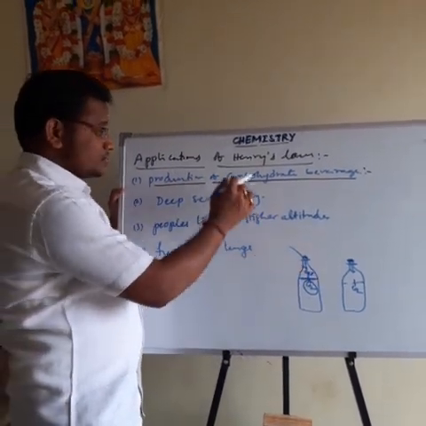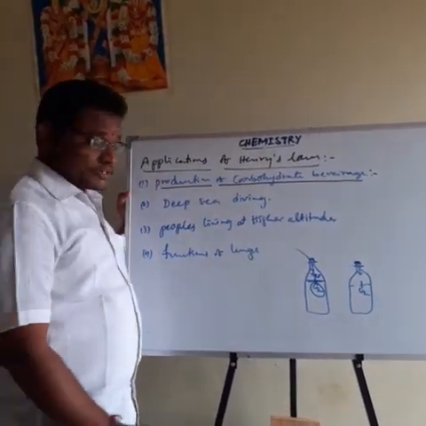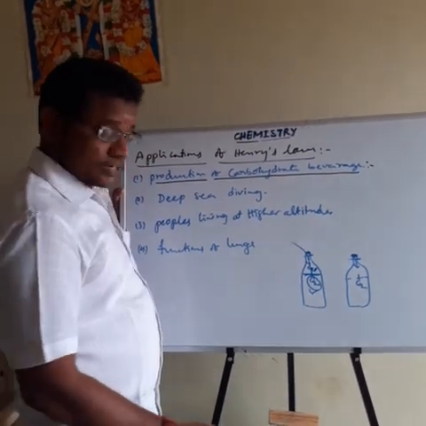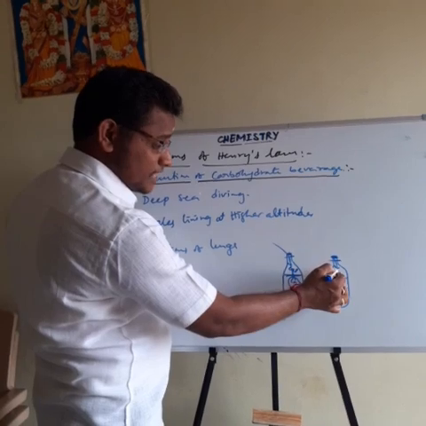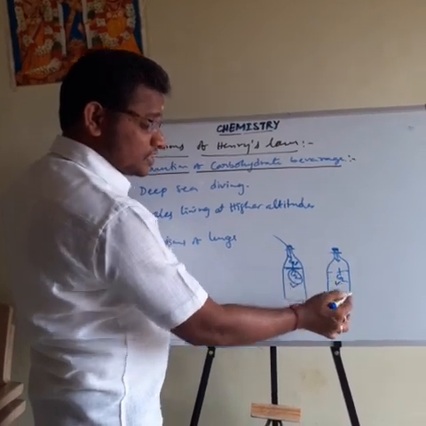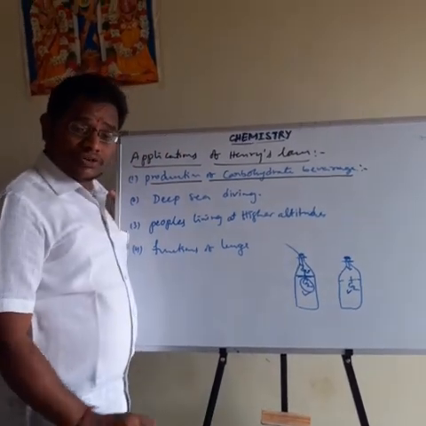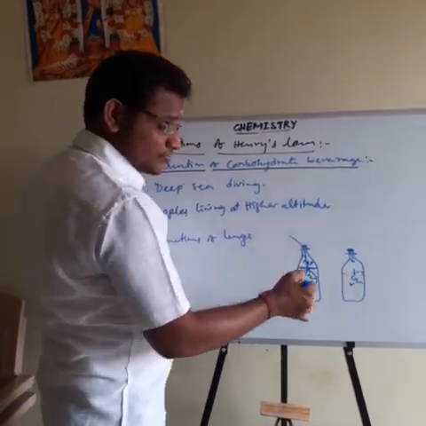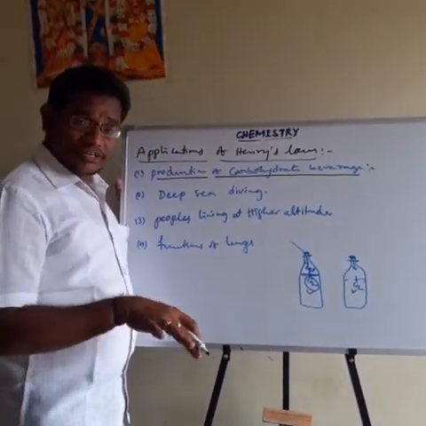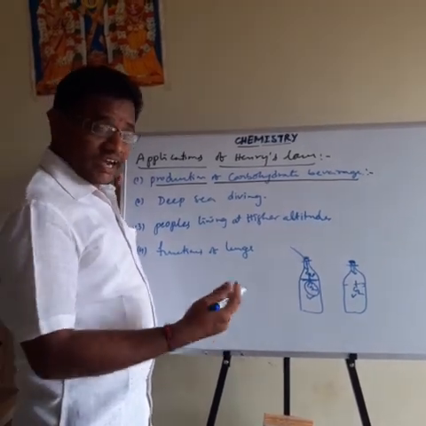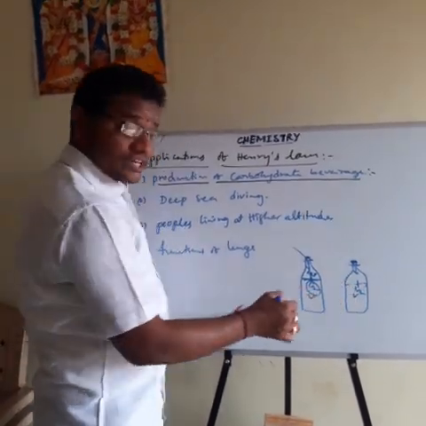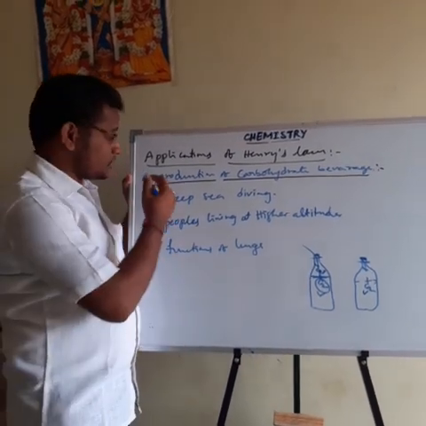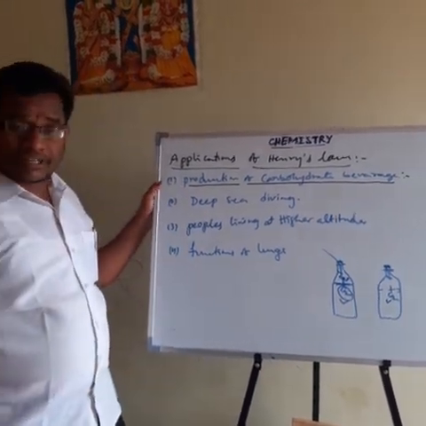In this process they are following Henry's law. When the pressure is increased, the solubility of the CO2 in the liquid is increased. Like that in soda water also, the pressure of the gas over the surface of the liquid increases, and the solubility of the CO2 in the soda water also increases. Whenever the bottles are opened again, the partial pressure of the CO2 over the liquid decreases, the solubility of the CO2 decreases, and again the dissolved CO2 comes out in the form of bubbles. That is about the production of carbonated beverages.